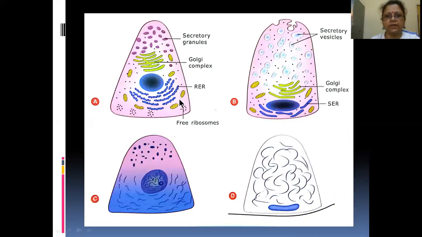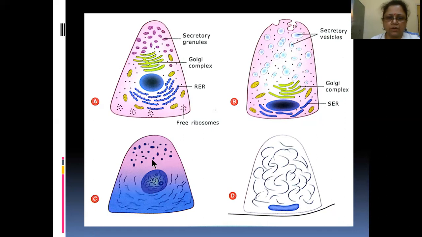So can you notice this slide now? So this is the pyramidal shaped cell and this is the nucleus with the RER here, Golgi complex, and these are the secretory granules. Okay, so because of the secretory granules containing zymogen, they will take more of eosin color. So this apical area is looking pinkish, but the rest of the cell, because of the cell organelles. What are the cell organelles? All the ribosomes and all others, Golgi and mitochondria, nucleus, because of that, it will take more of basophilic color. Okay, basophilic color.